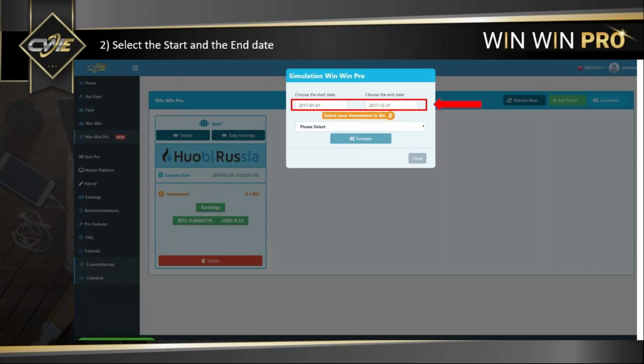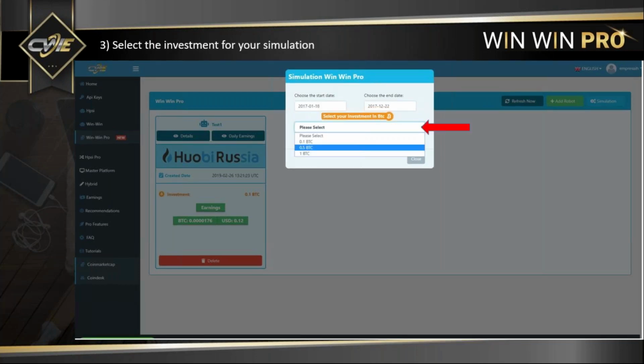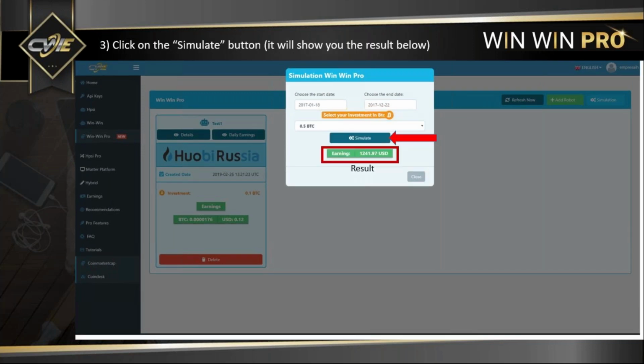So if we look at the 2017 time period, January to December, about a year long date from January 1st to December 31st, the full 2017 year, and you click on how much you wanted to invest, let's say you invested 0.5 BTC into the WinWin Pro, you would have